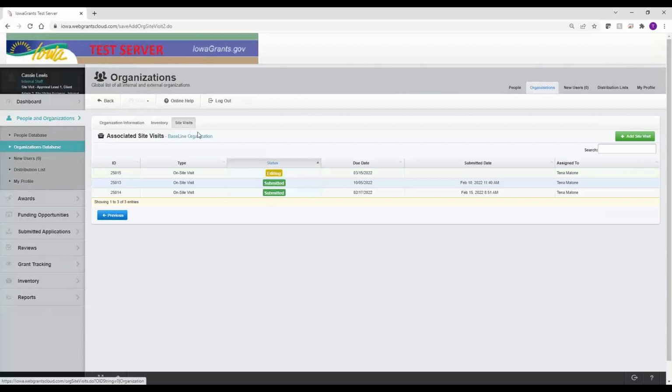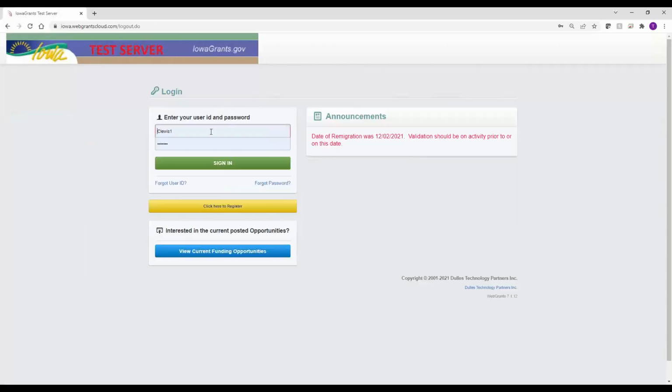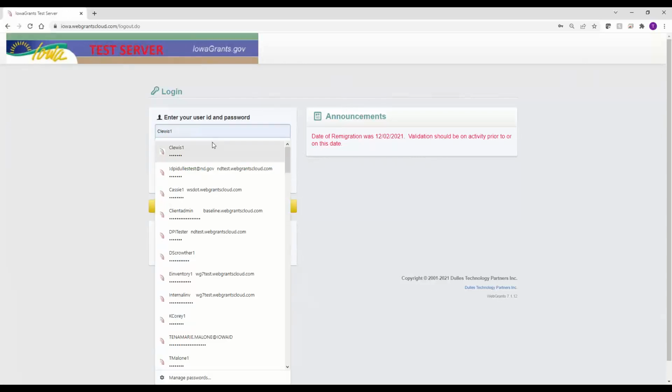So we had to come up with a way where the organization kind of sits out there to design this, to make it work and function correctly, so you have a nice form. So once you've done this, then you would walk away. Literally, you're done assigning that site visit. Okay. So if I log out and then I log in as Tina Malone, who I assigned it as,